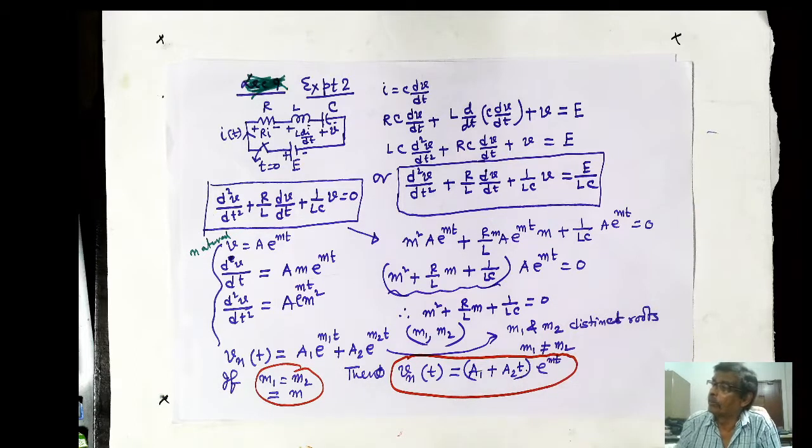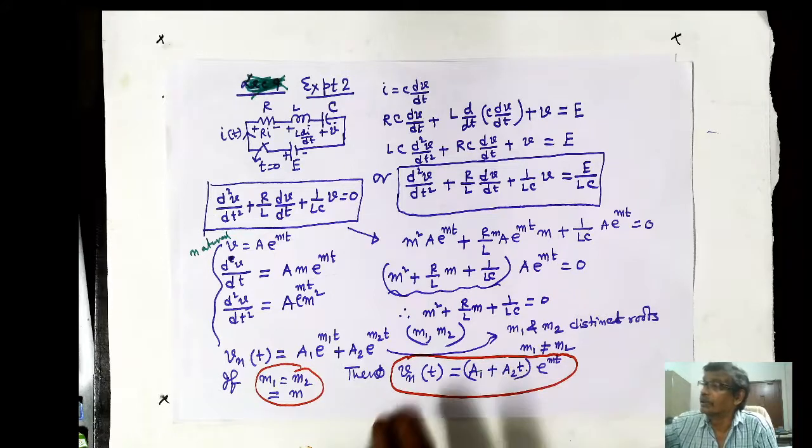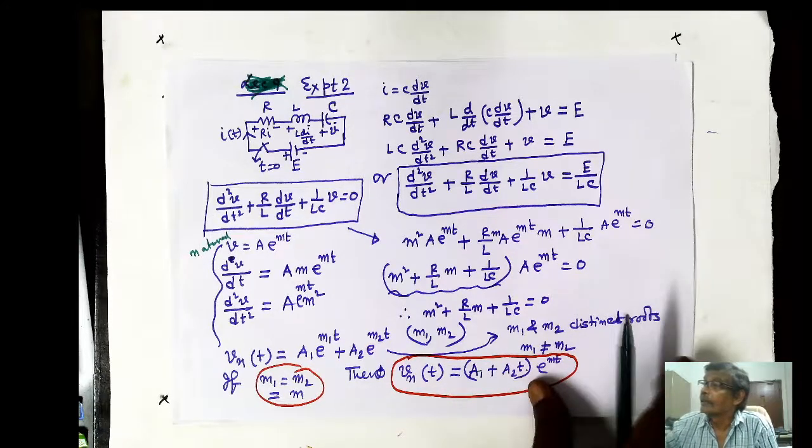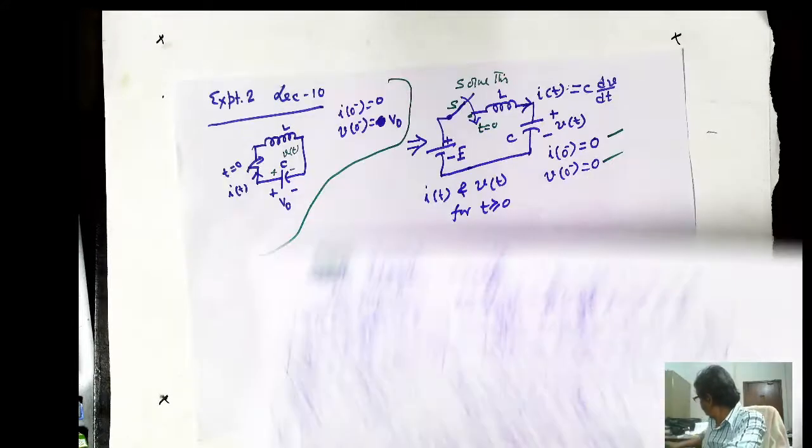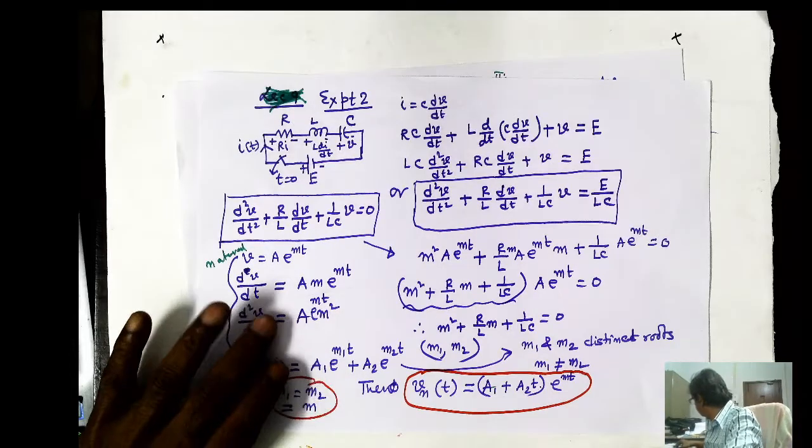I have uploaded a note on the solution of differential equations explaining why it looks like this. You can go through that; it is better you go through it. Or maybe you might know it from your school days. For a second order differential equation, if the roots are repeated, this will be the solution. So the natural response will be like this.